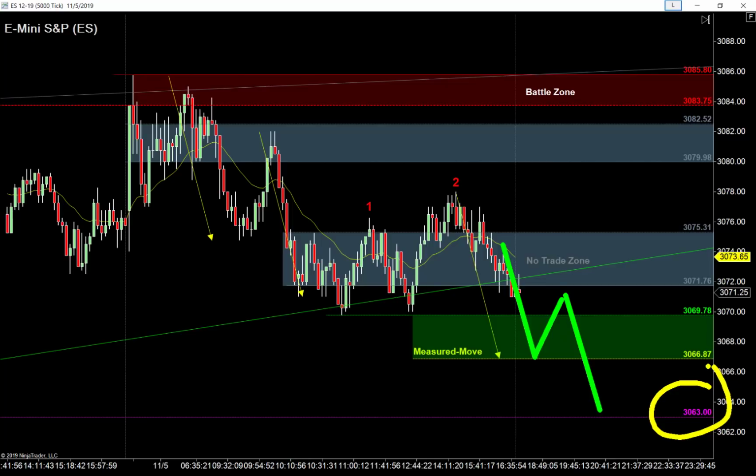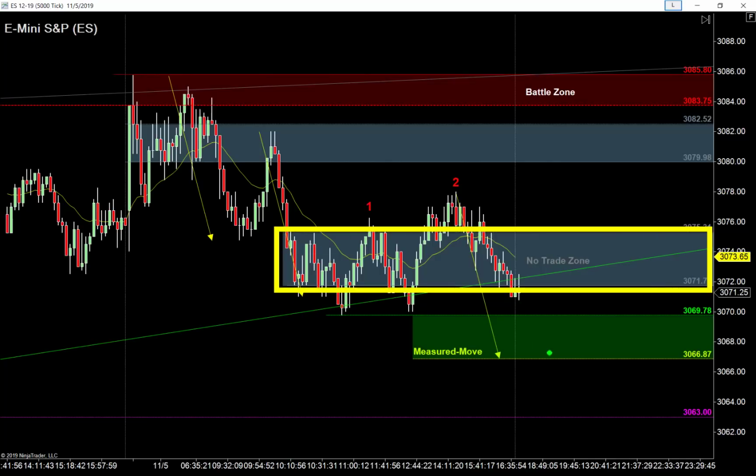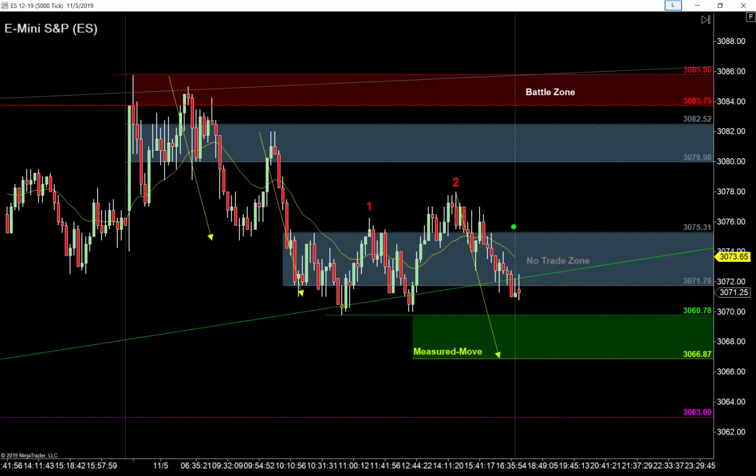And again, I want to make it very clear. The gap is not automatically an issue. The gap is just an arbitrary line on the chart right now. But when you look at the situation we're in, when you see that, it's a measured move. When you see that, it's a range. It just makes it very difficult to want to get aggressive selling underneath a range. It does, right? So what I want to do is try to find a way to buy underneath that low,